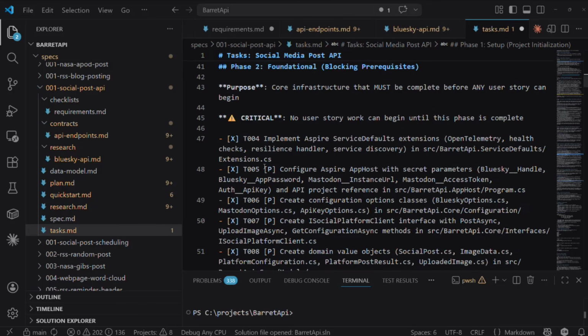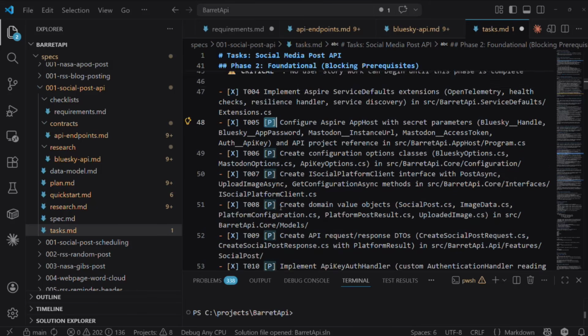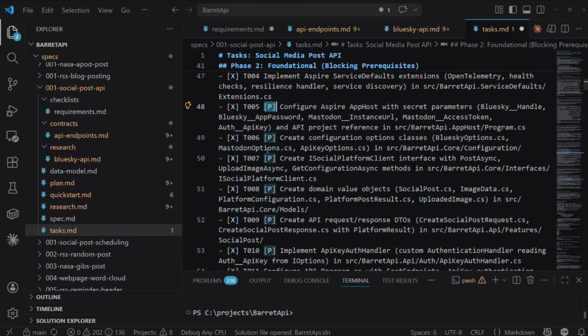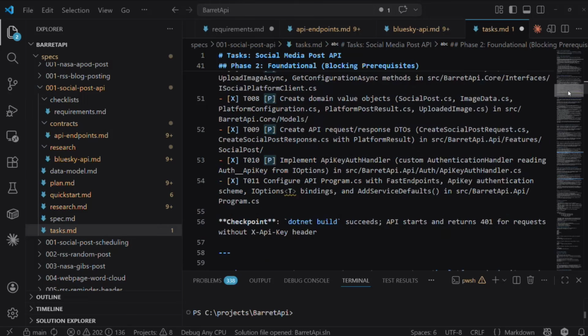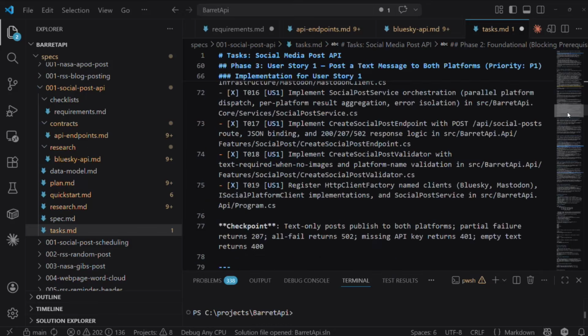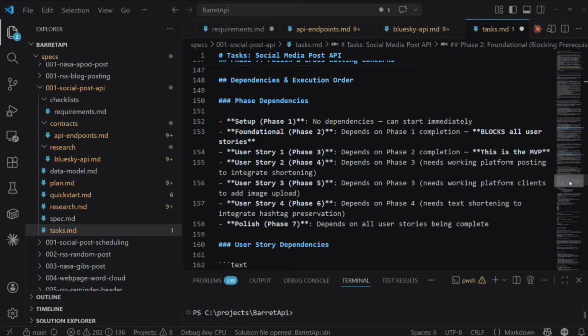It will flag also tasks as ones that can be run in parallel. So it'll put this little P flag here that says, okay, I can do 5, 6, 7, 8, 9, and 10 all at the same time. So sometimes, if you let it, it'll spin off parallel processes and be able to run those tasks simultaneously, because it knows that none of those tasks are dependent on each other. It's smart enough to figure out that kind of stuff as it's figuring out what the task list is. So it'll break that down to a number of different phases.